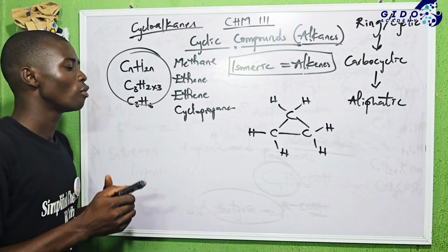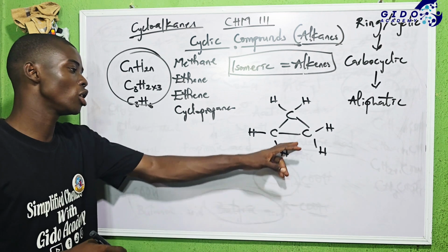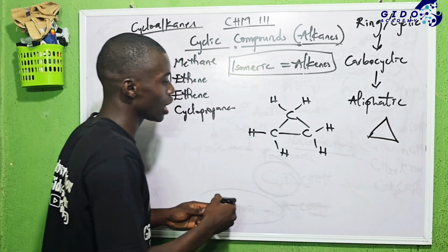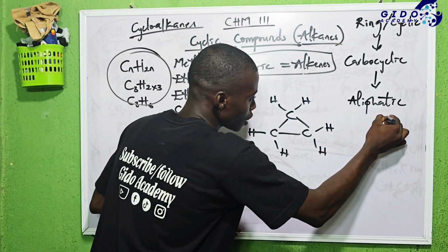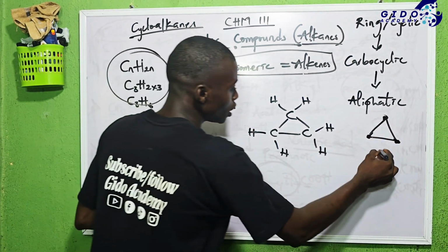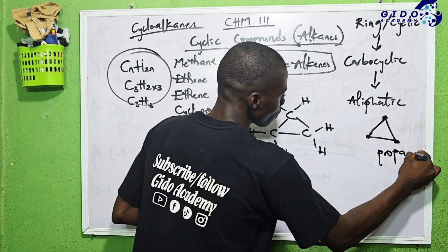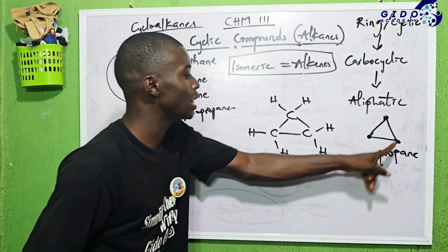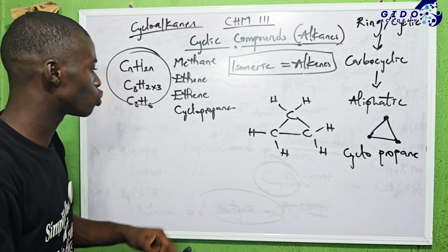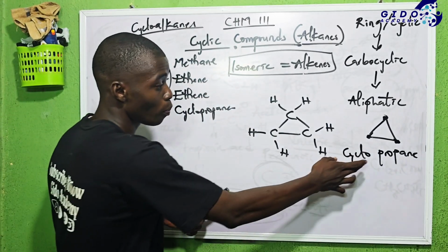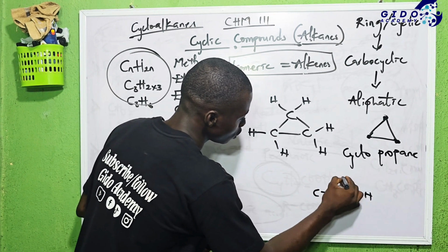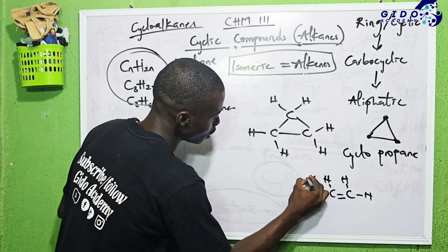Now, for advanced chemistry, we don't need to be drawing structures like this. You just draw a triangle. If you draw a triangle, it simply means there's a carbon atom here, a carbon atom here, and a carbon atom here. So how many carbon atoms do you have there? Three. So three is called propane. Then they are in a cyclic form, so you call it cyclopropane. Now, if you want to draw propene, one, two, three, a double bond here, hydrogen, hydrogen, hydrogen, hydrogen,